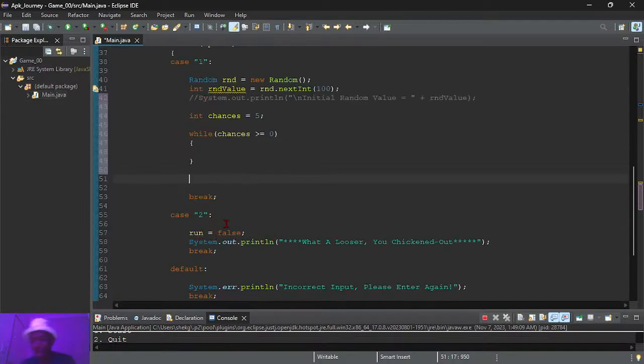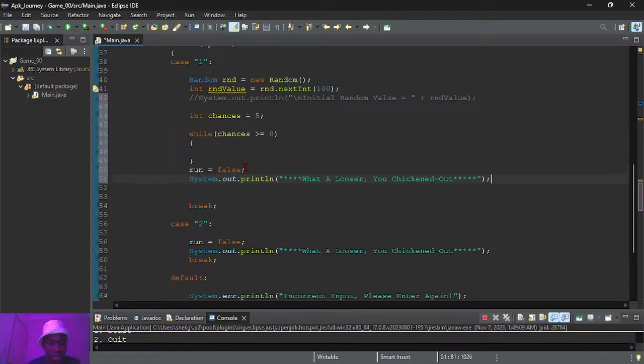So how are we going to do that? Actually, come to think of it, I think this is supposed to come before, and then this is supposed to come here.